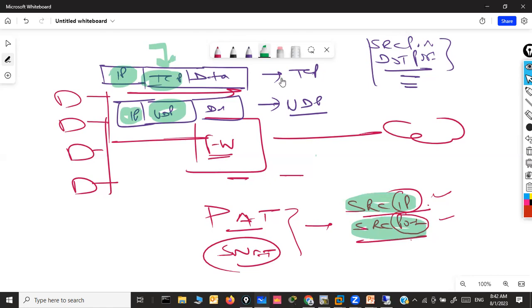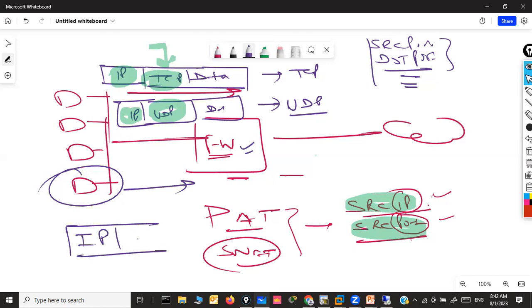But what about the ICMP packet? If I initiate any ping from this computer, and port address translation is configured. But ICMP means what? IP and ICMP directly encapsulated here. ICMP is encapsulated inside the IP header. There is no TCP and there is no UDP header. So the big question here